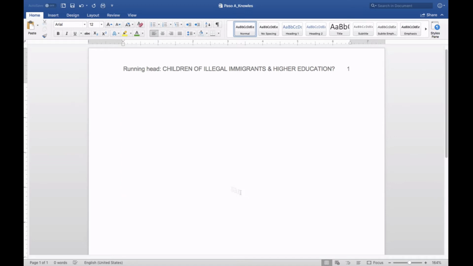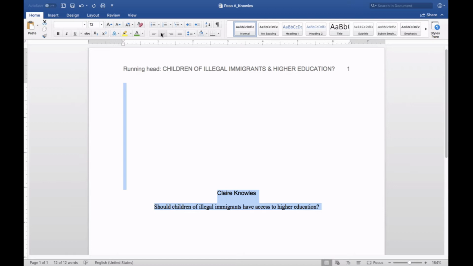Going to center. I'm going to add my name. And then I'm going to paste in my title. And look what happened. So again, the format is off. I'm going to delete to the end, so I'm not adding lines that shouldn't be there. I'm going to center it. Again, select all, because sometimes it may change the spacing, not just the font. So I want to make sure my formatting for everything is the same.